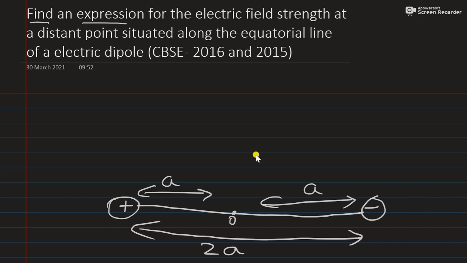Okay. Tell me where is the equatorial line. Is it this one or this one? Which is the equatorial line? This one is the equatorial line. Another name of the equatorial line is the bisector line or perpendicular line or midpoint line, anything we can call. Always the test point I am taking as P at a distance of r from the center.